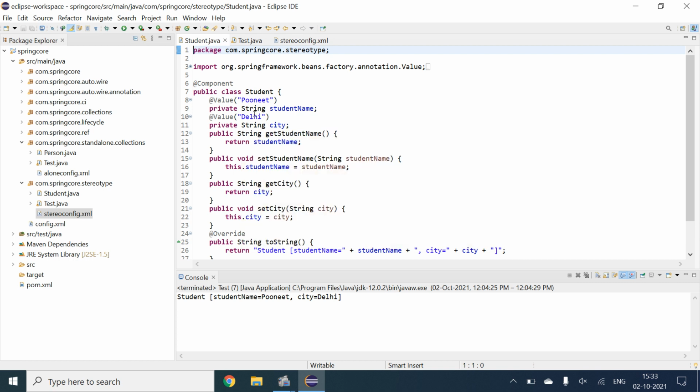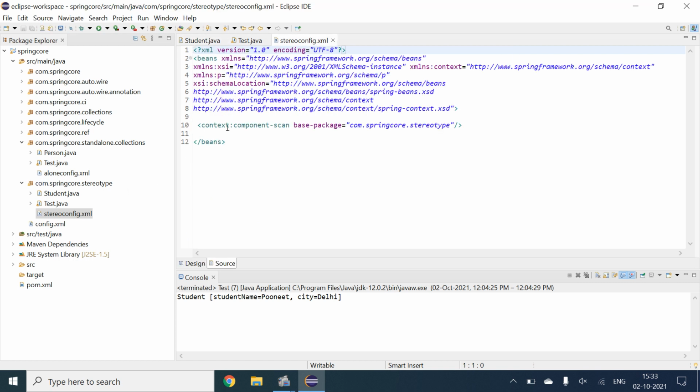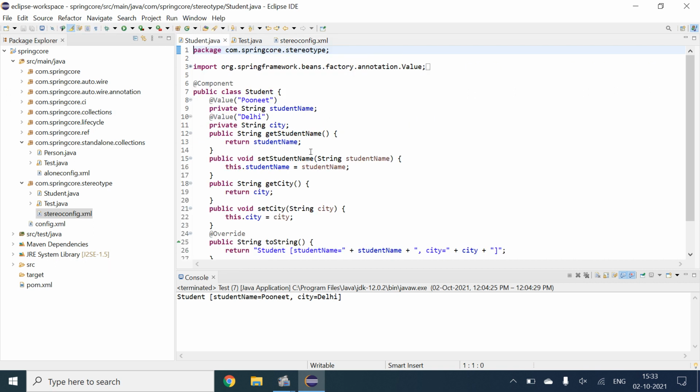So now I'm gonna begin with collection with value. In this video, we will see how we can insert value with collections. So now I will just come to this. We haven't declared the bean here. Everything we have done with the help of class mode. So now I just come here,